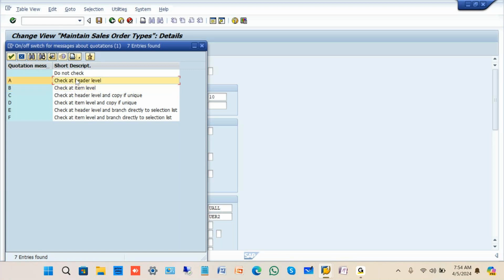By maintaining the check at header level, it will read by your name. Why name? Today I'm going for this, tomorrow I'm going for another one. If you read by my name, it says already given, but I'm looking out for some other product, right? So the item level should always be marked. Header details are about customer details. Item level is all about product details. So when you give it at item level, the system understands